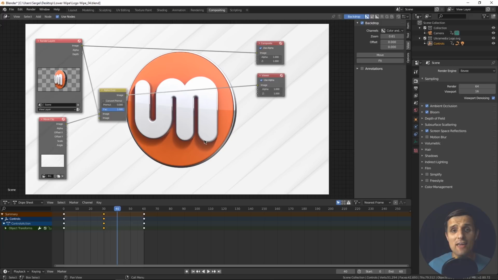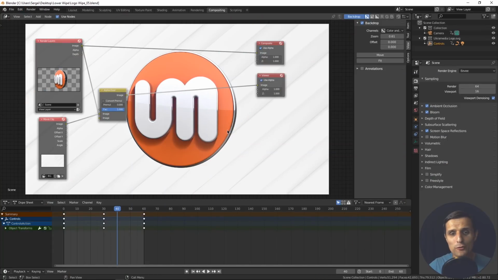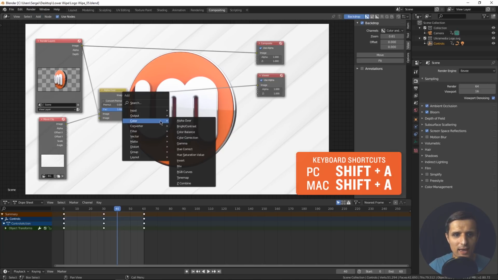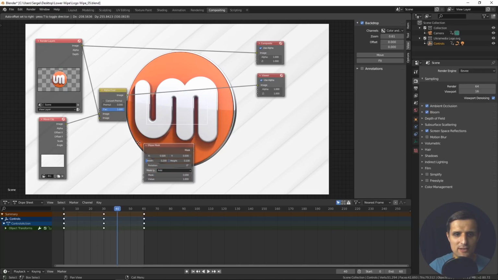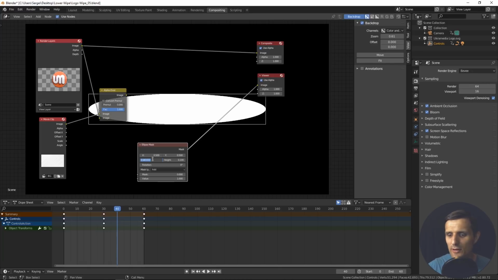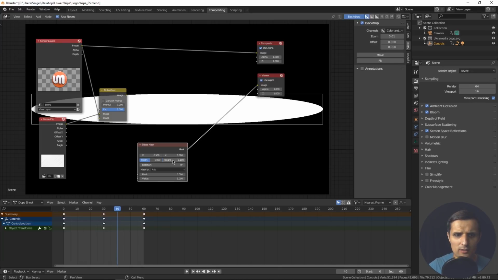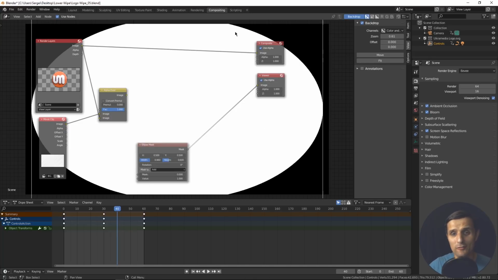Next, let me show you how to create a vignette. Here's what we need to do to create a vignette in our compositor here. We're going to use a node that's called ellipse mask. So for that, you can either go to add or Shift A, my favorite shortcut. And we're going to go to matte. And right down there, you see ellipse mask. So we have this thing right here. If I link it up to my viewer, notice we see an ellipse here. So we can adjust the size of it. We can say something like 0.960, and let's go maybe 0.600. So it kind of looks like a vignette, but